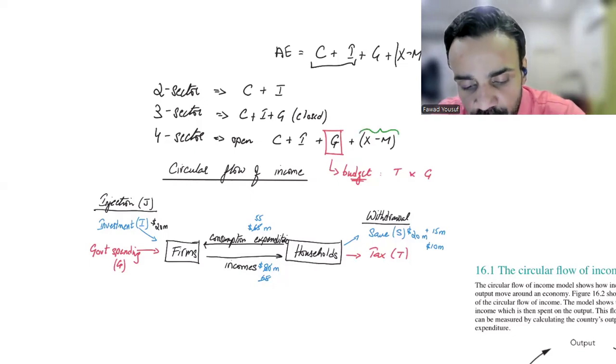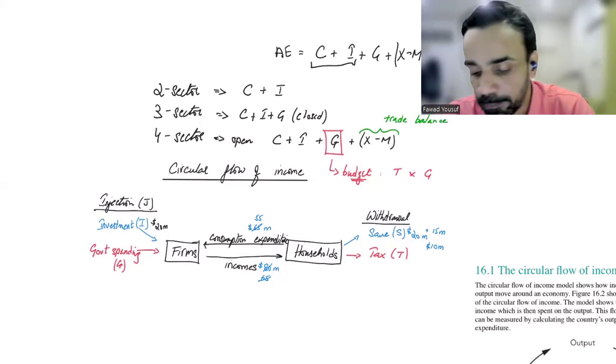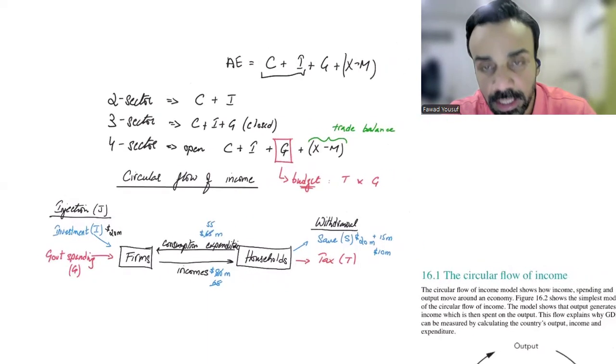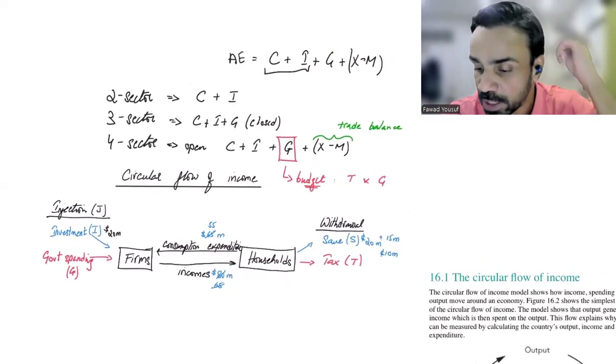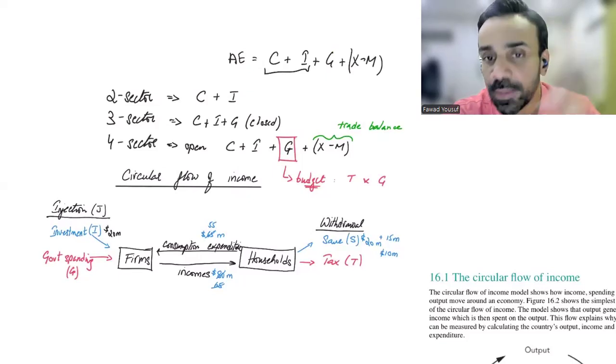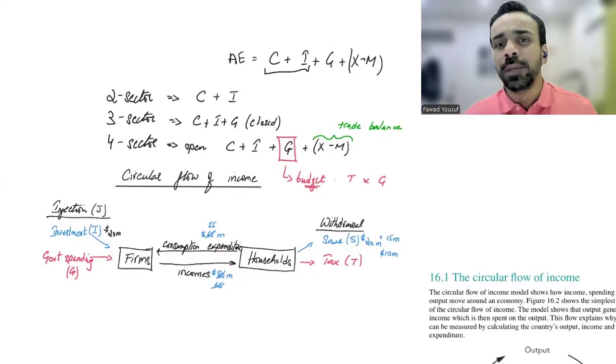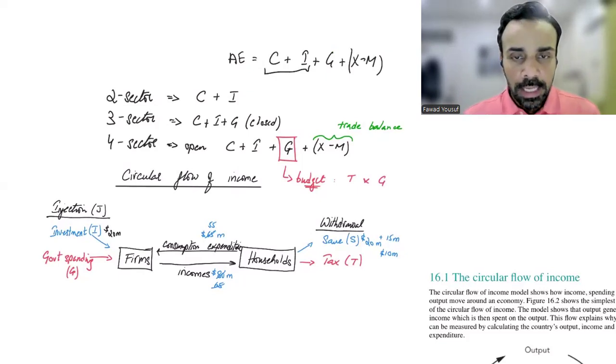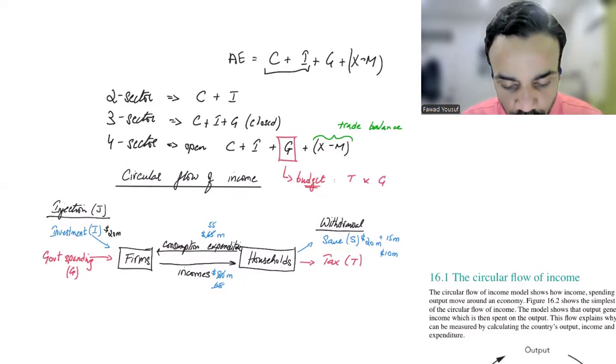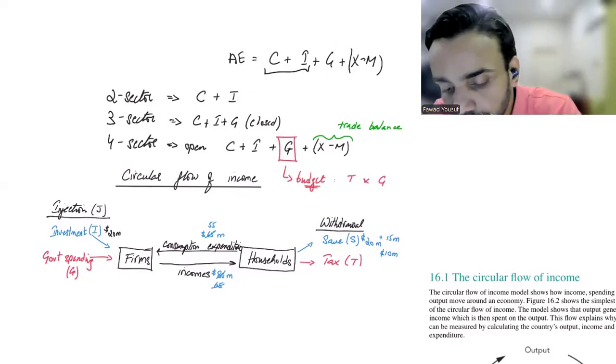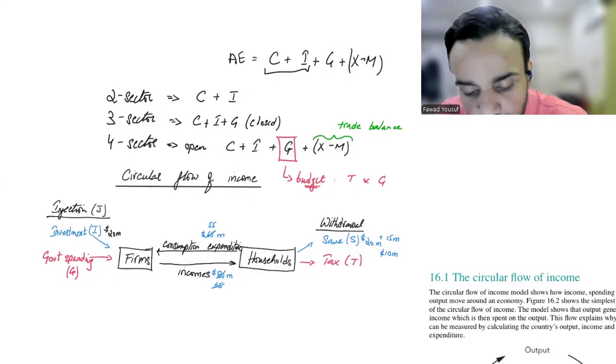Now, in international trade, you have something called trade balance. Trade balance is X minus M. And we've done this in various aspects, in balance of payments, in O levels, and all. Basically, all you're measuring is exports versus imports. Okay? So when you introduce exports and imports into the circular flow of income, this is what we do.